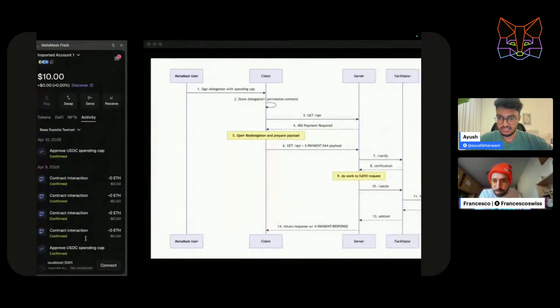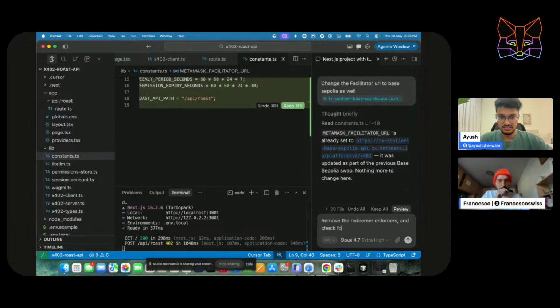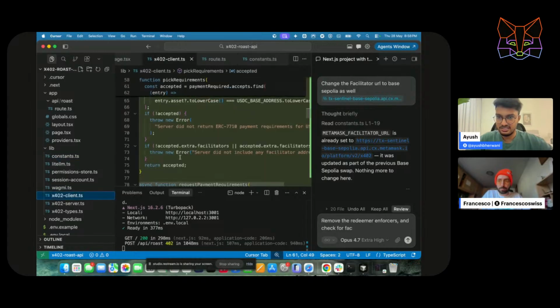Oof, the server did not load. Okay, I know where to fix this. Oh, is that the redeemer permission? Yeah, it's in here.